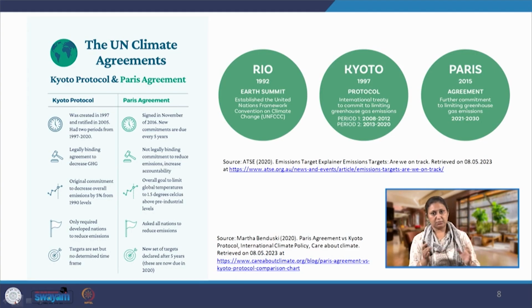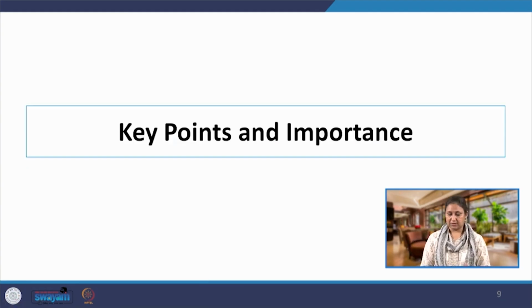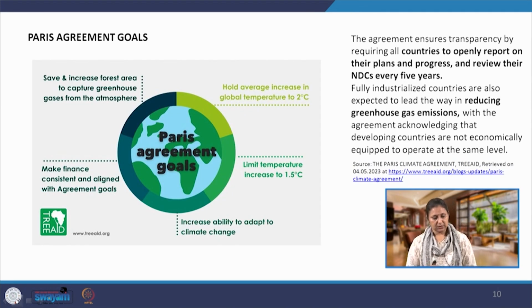So, that is the broad difference between the Kyoto Protocol and the Paris Agreement, but if we look at the finer goals, the broader goal remains limiting the increase of global temperature to 2 degrees centigrade, that is the maximum by 2100, but we have to limit it to 1.5 is what the agreement says. But along with that we also have to increase the ability to adapt to climate change, because we clearly know that climate change is already happening and the severe, extreme events are also occurring as far as climate change is concerned. So, we have to increase our ability to adapt.